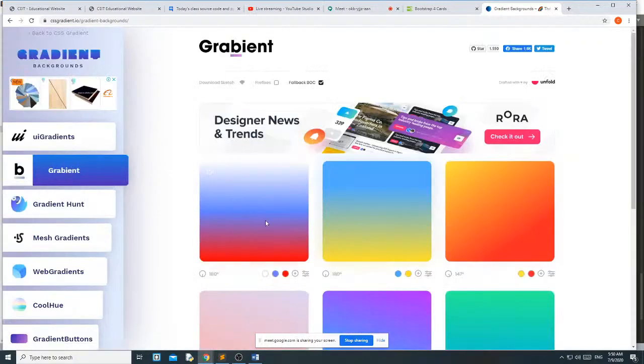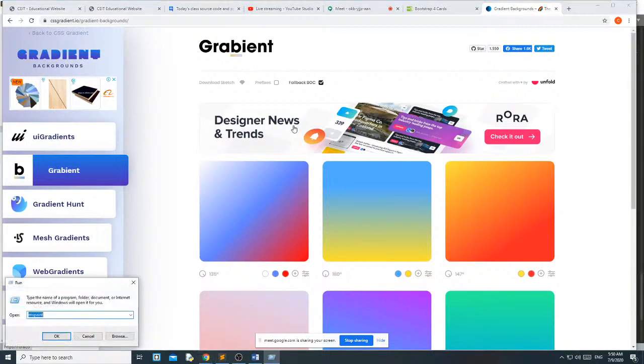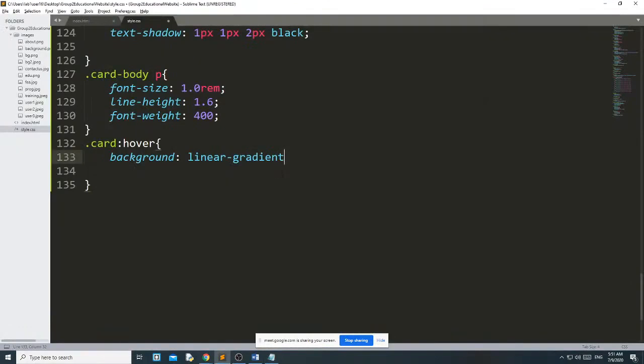Okay, suppose I like this and I just move it to 135. Okay, then copy, notepad, paste it and copy this part and paste it here, save it.